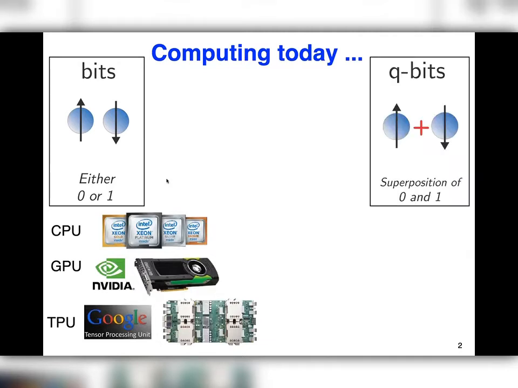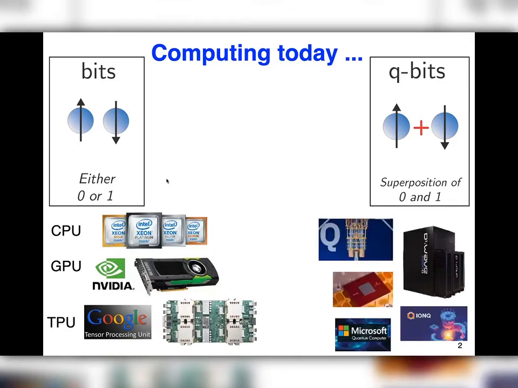Now, on the other extreme, on some spectrum, you might say that there's the qubit, which is really this interesting object, which is a superposition of zeros and ones, okay? And that's a technical thing to describe, but there's a lot of effort in trying to build quantum computers with qubits, and there's lots of major players in the space. There's Google, lots of startups, and people are trying to build these quantum mechanical computers which operate on these different principles which would allow complicated problems to be solved by these qubits.